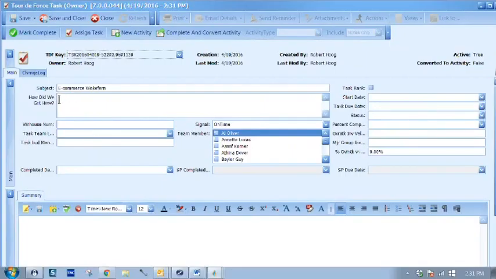Whatever the task is that the creator of that strategic plan wants to give out, he would put in a task team lead. That's the person he or she is going to send this task to. Whatever other information they may want to put in this task, there's a lot of fields. Again, it'd be up to the person creating the strategic plan what they wanted to put in here, even a possible completed date or a strategic plan due date, or just all kinds of information. So they would get whatever they need in here,